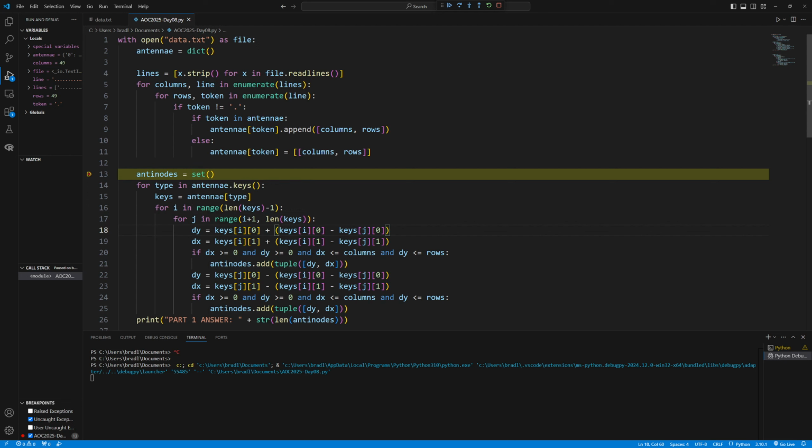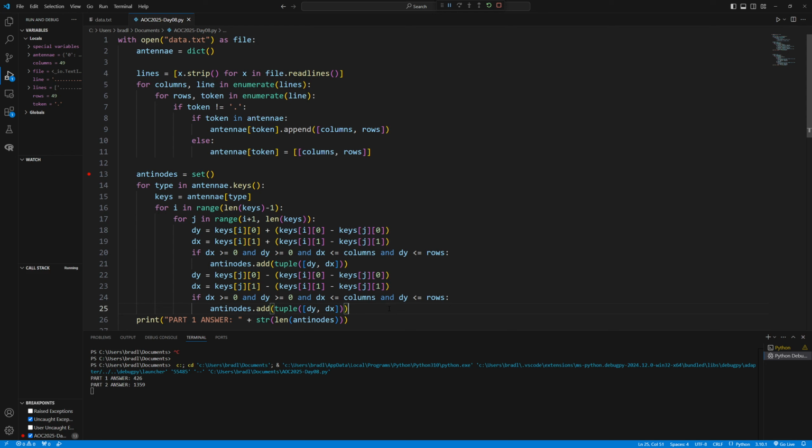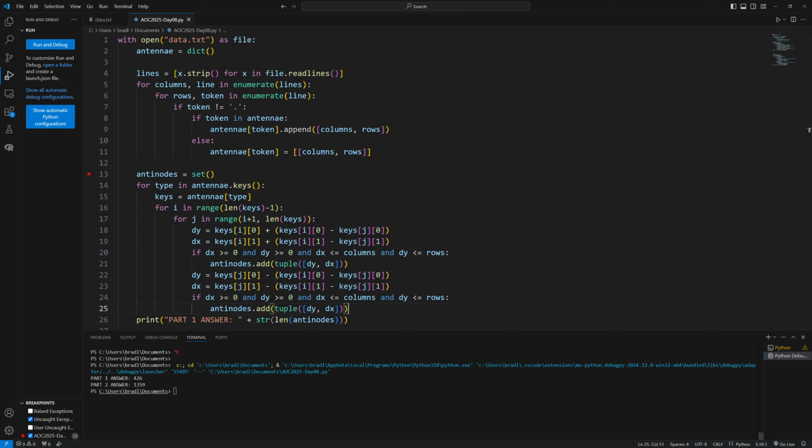And I do this going both ways, starting from one and going this way, and then starting from the other and going that way, getting the two positions for each of these. If we do this in a loop after loop after loop, and we check, you'll get the answer, and my answer is 426. That's my